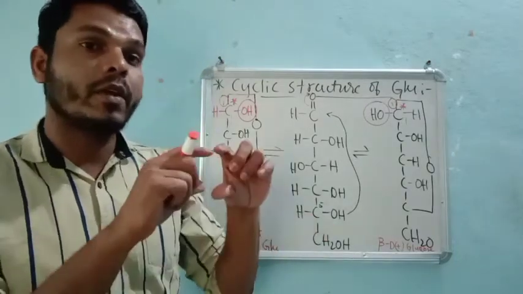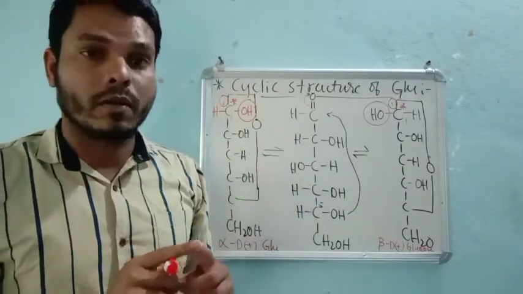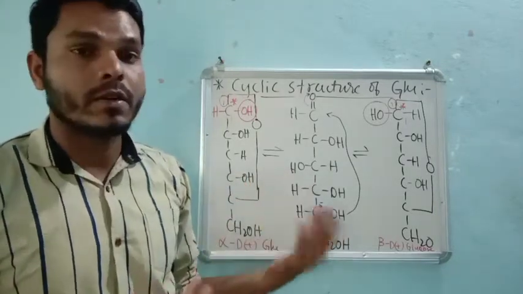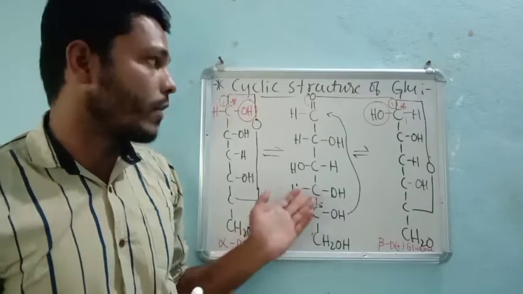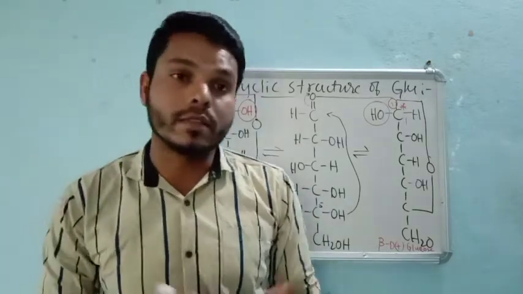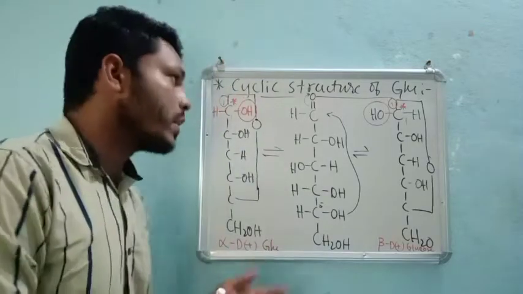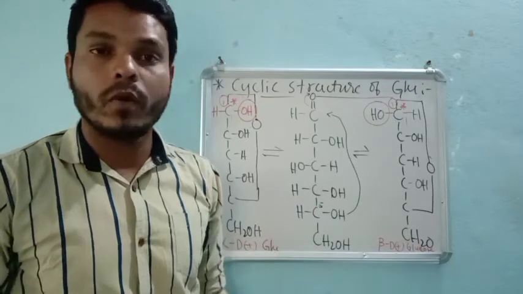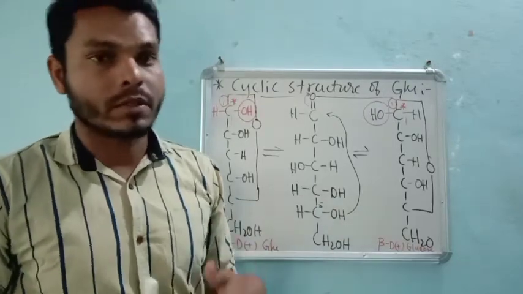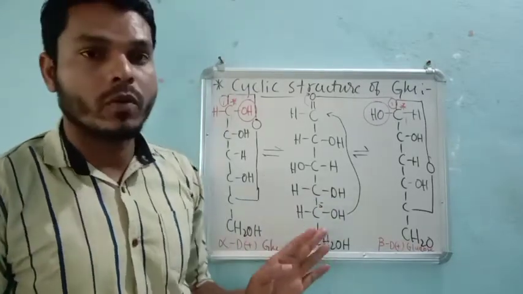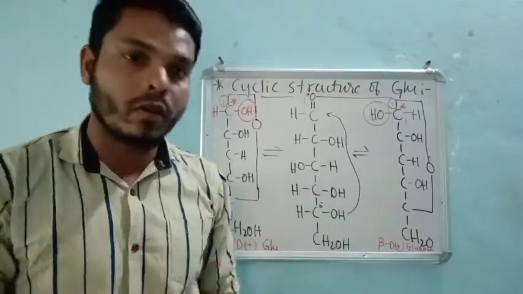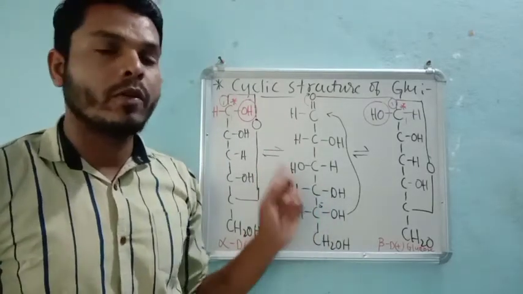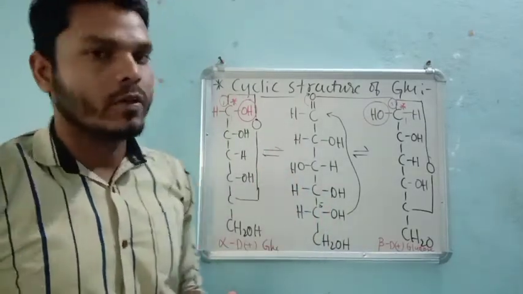In that they have given a Haworth structure will be deleted, but why? Because in this chapter the Haworth structure is a very important part, but they have released only this. Whether they have skipped the explanation or the complete Haworth structure, I don't know. After getting more information, I will come to know whether that part is deleted or not. If it is there, then definitely when we start this biomolecule in the offline class, we will go through it.